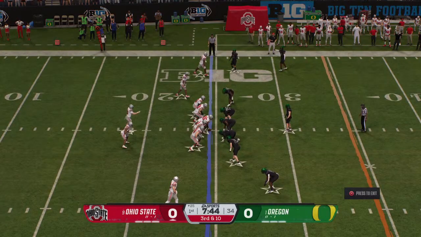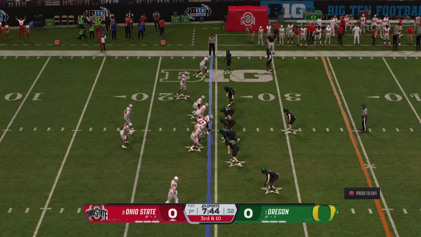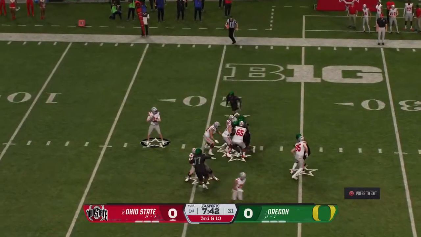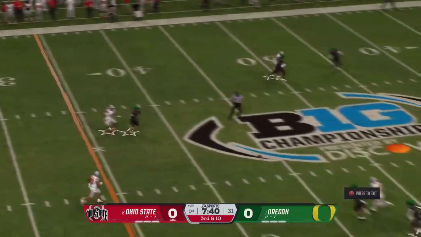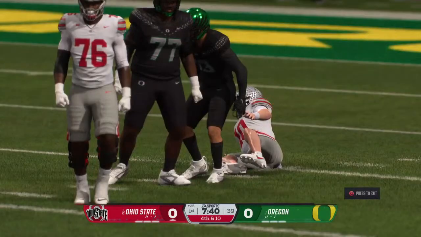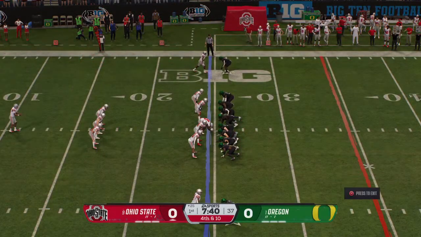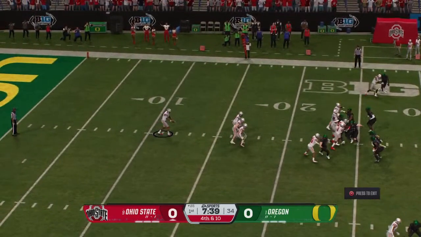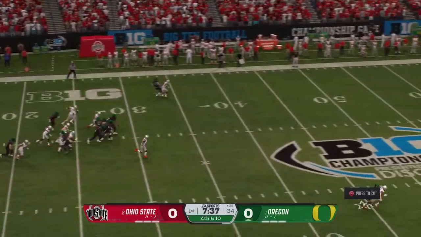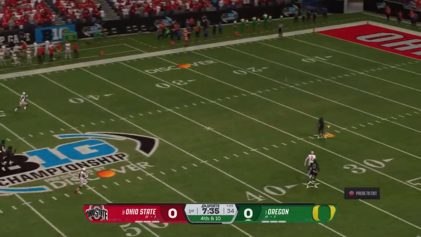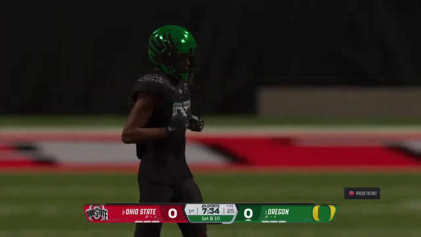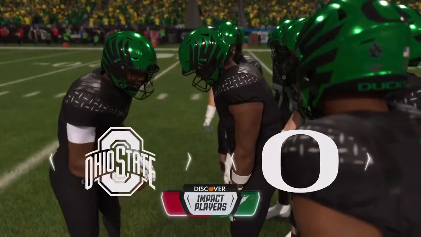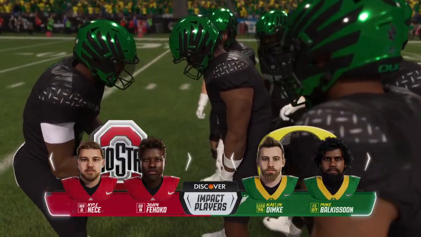They come to the line. A long way to go for the 1st down, but needing this crucial conversion right now. Bringing pressure. Contact as he let the ball go. Well, the defense picks the right time to get after this quarterback. 3rd down, critical down and distance. Do a good job of dialing things up and good coverage downfield. He didn't have anywhere to go with the ball. The Ducks offense makes their way onto the field for their first possession.